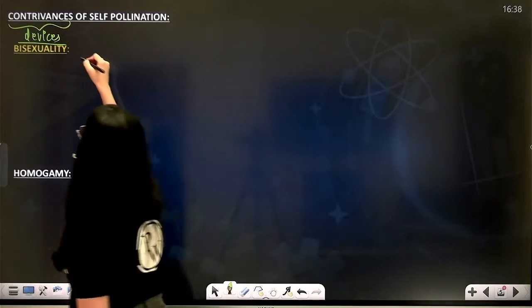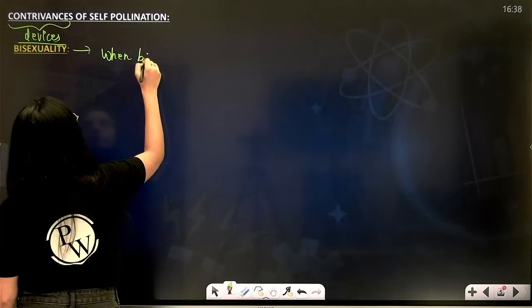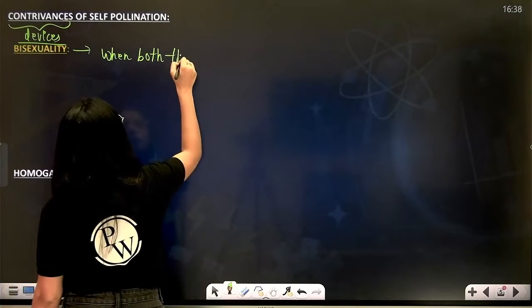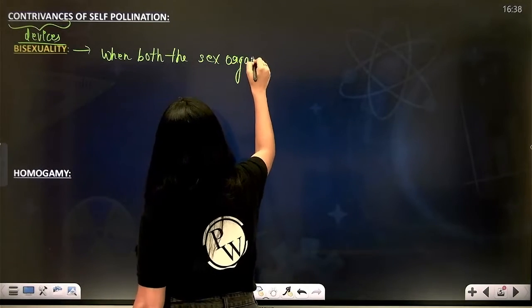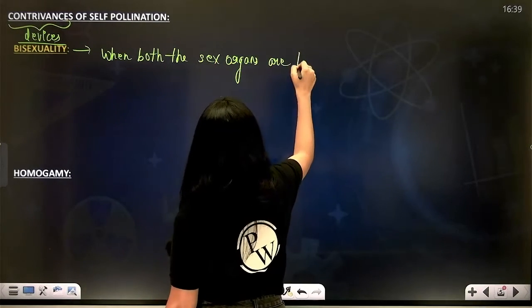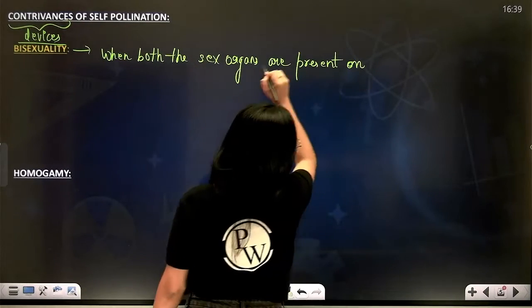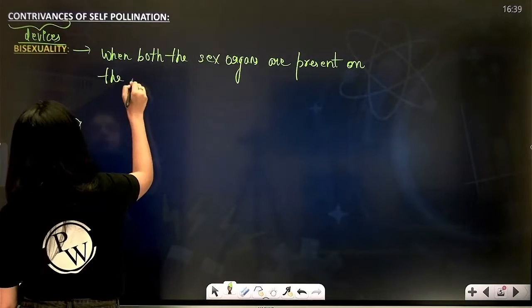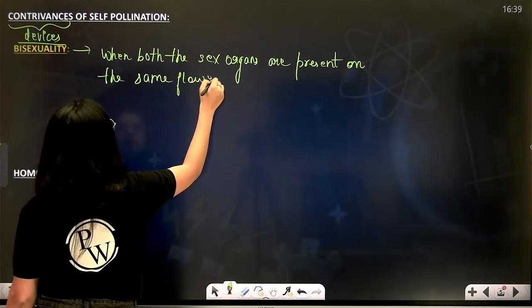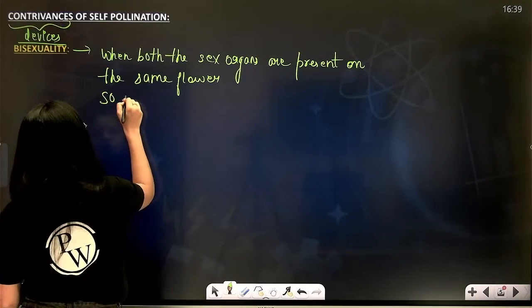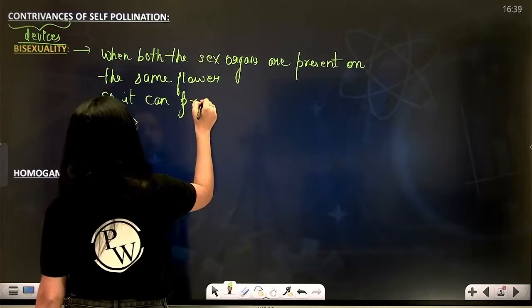That means when both the sex organs are present on the same flower, so it can promote